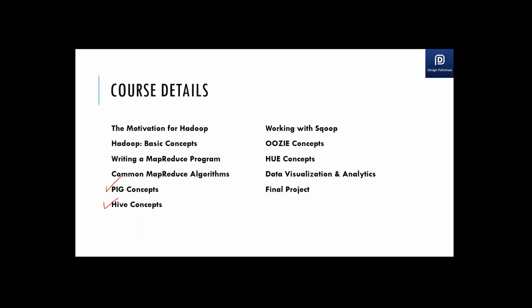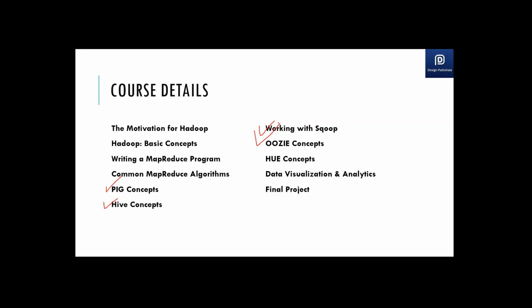If you are aware of any scripting language, it's much similar to that. It's not a great syntax. We'll be looking at that in detail in the Pig session. Thereafter, we'll be looking at Scoop. Scoop is a framework which again helps you to get the data into the ecosystem and export the data out of the ecosystem. So how to get your data into a big data system and export it, that can be done with the help of Scoop or Flume.